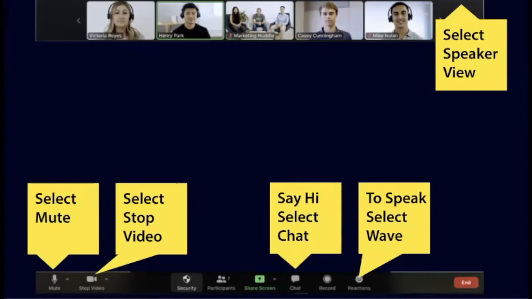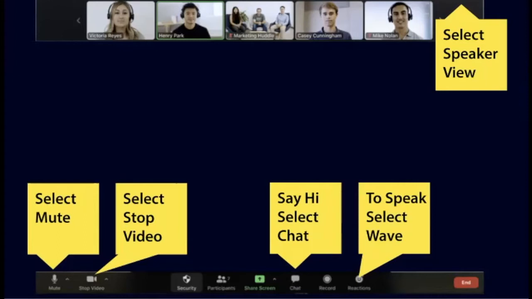Sometimes it's useful to be able to switch your camera off if there's a lot of people in the meeting and perhaps your broadband connection for whatever reason might be poor on that meeting. If you switch the video off, it frees up broadband for your connection, and you find that very useful. You only need a little bit of broadband for sound and for hearing what we are saying, but for video you need much more broadband, so it needs to be a stronger signal. So it's useful for you to know that in a meeting you can switch your video off, and that usually helps with a better signal to your